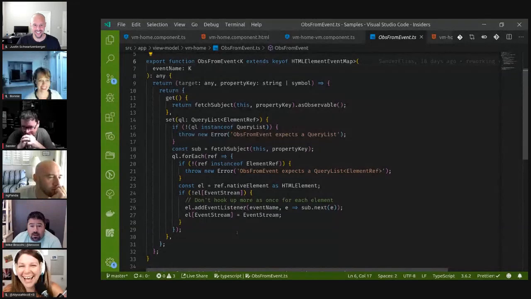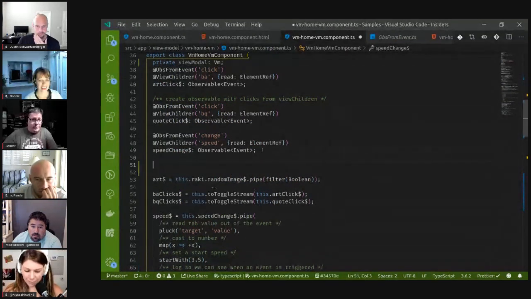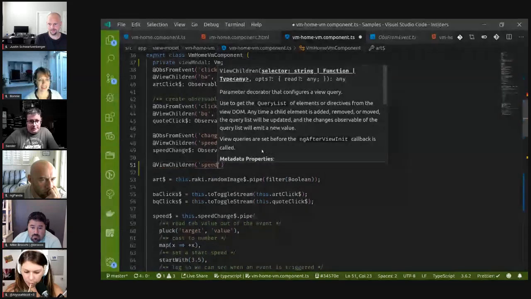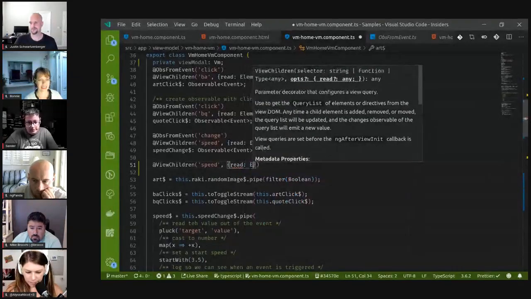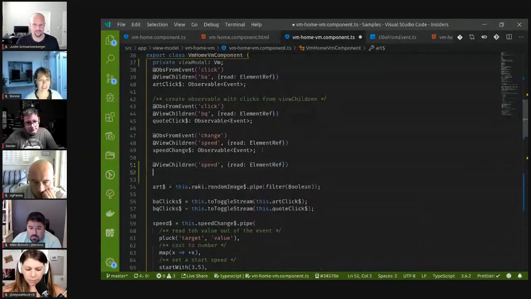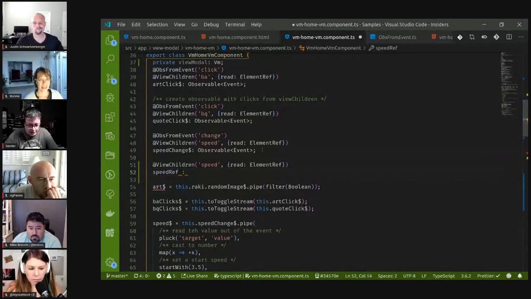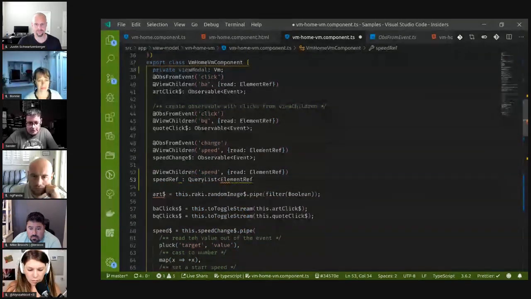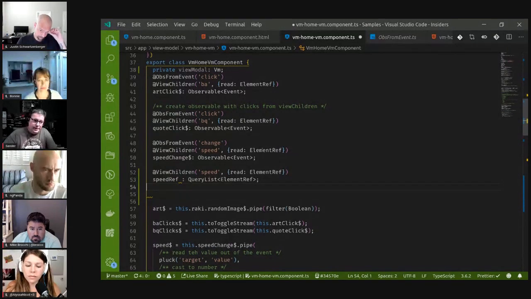Before you do that, can you go through what it would take to implement that functionality without the decorator? Oh, sure. Say I have a view children. I'm going to reuse this one, and I'm going to read element ref, speed ref, which is a query list of type. This is how you would do it before. You have a view children with a speed ref, and then you have to do something like